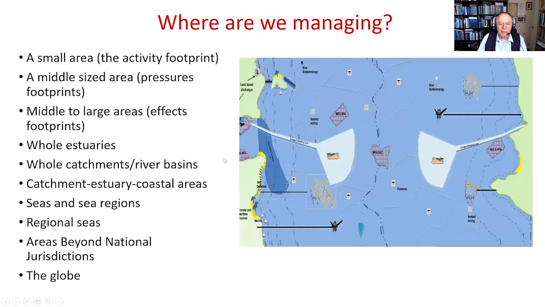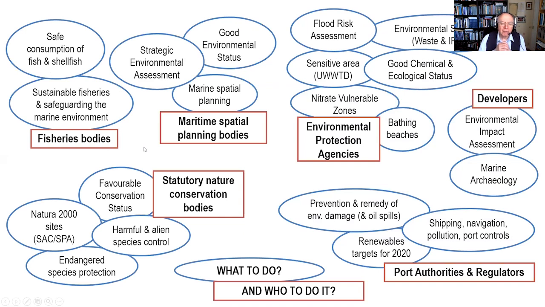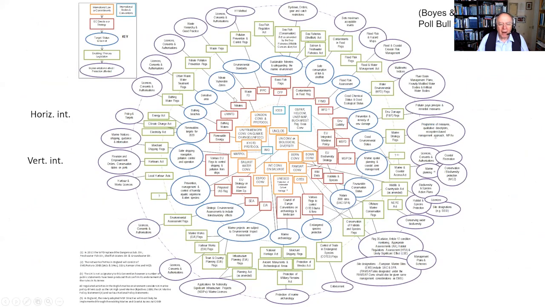So we have the governance. And we manage according to all these areas. We manage the catchments, we manage the estuaries, we manage the coasts, we manage the sea. And we have a lot of management bodies that are involved in that management. So the systems analysis is now involved in bringing all of these different bodies together. And the governance horrendogram is quite complex.